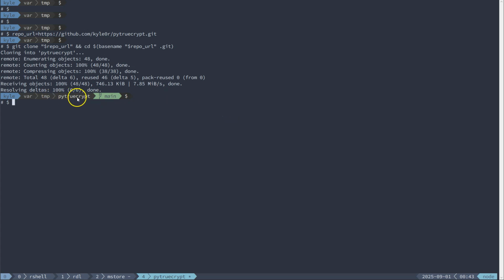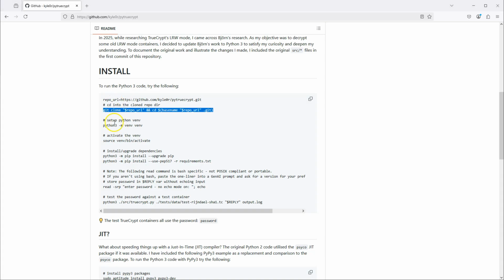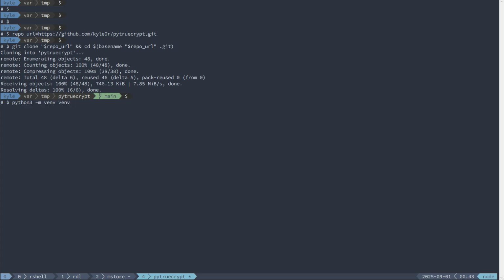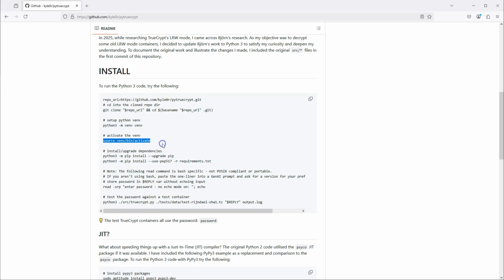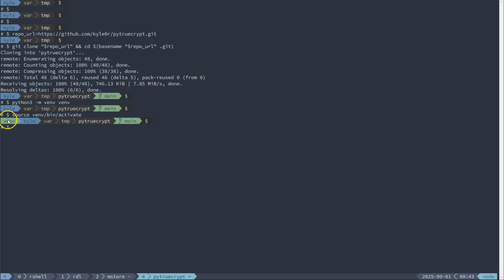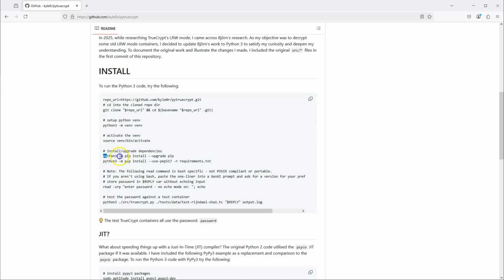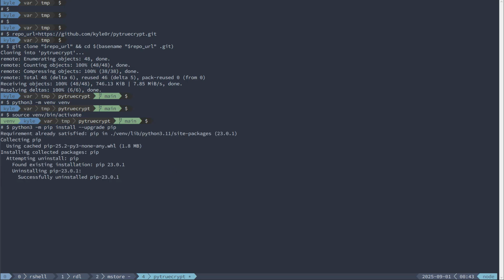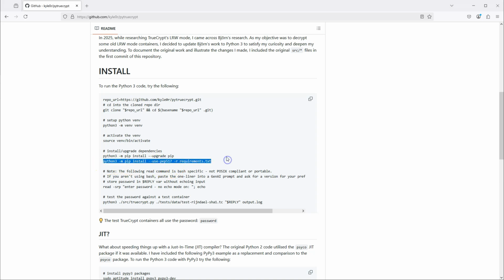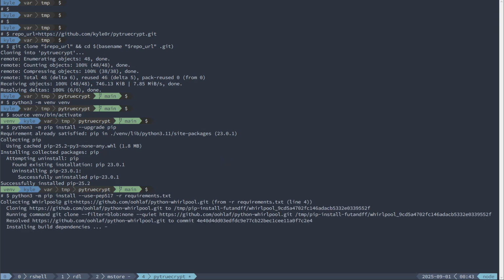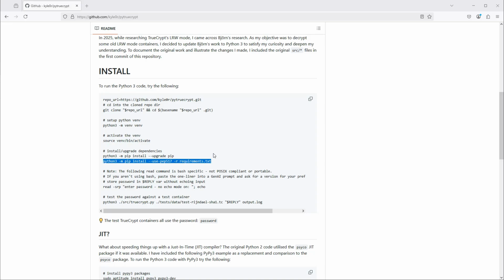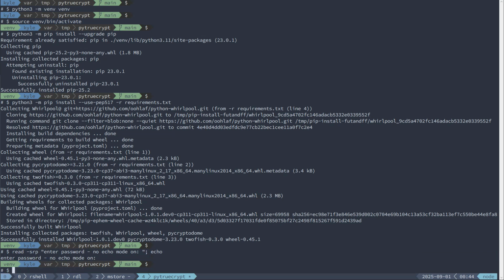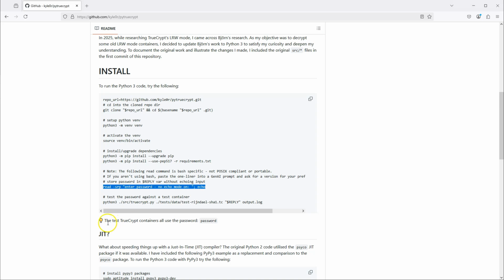Okay, so we've jumped into the repo and we're on the main branch. Now we need a virtual environment. Let's activate the environment, and we see here we're in the venv. Now let's get our prerequisites. Okay, now we can set a password for one of the test containers, which is detailed here. And then we can actually run